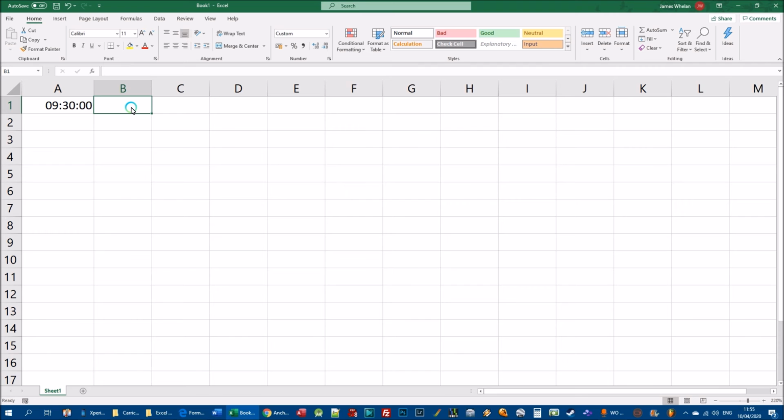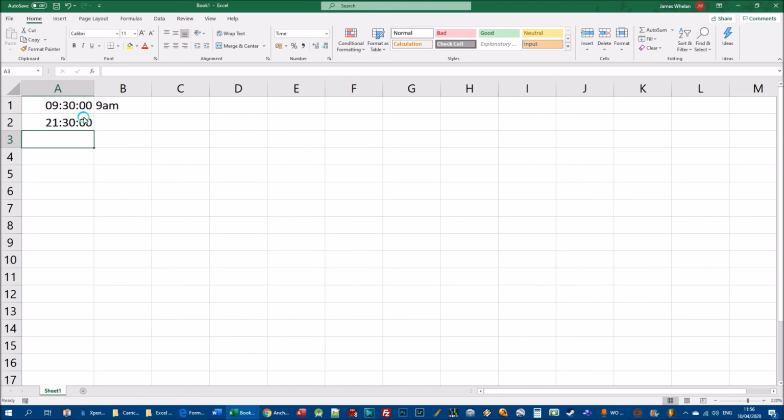If I was to type in the following, 9 a.m., now look at the number format for that. It's creating what's known as a custom format for this, because it's seeing a mixture of letters and numbers, okay? Whereas this, it's recognizing it as a valid time. I could also do the following. If I type in 9 and then colon 30, if I wanted it to be AM or PM, if I wanted it to be PM, I put a space after the 0 and I've typed in the letter P. And if I press enter, Excel automatically detects that I wanted to type in 9:30 in the evening,